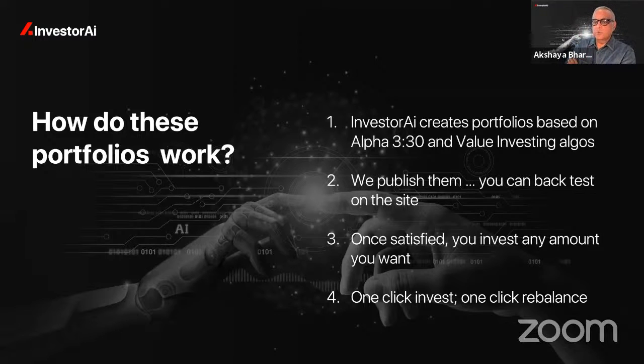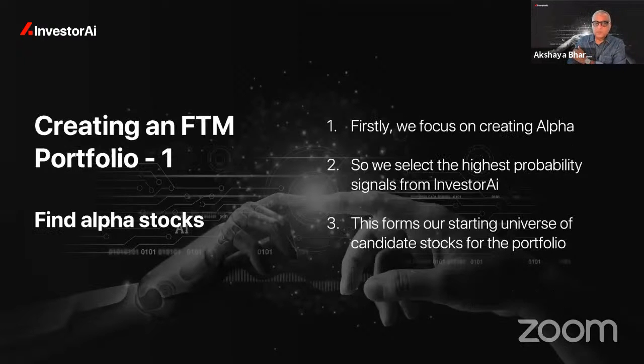Once we create the portfolio, we publish the portfolio for you. You can go to the smallcase site and you can backtest for different periods. If you're satisfied, you can invest any amount you want. The investment is one click, as is rebalance. Now, of course, some of you have found that rebalance is not such a straightforward process. You need to have money in the account. There are ins and outs, and various rules that apply. But fundamentally, you don't have to buy stock by stock. You can buy the whole lot at once. So, imperfect as it is, it is actually a very good system.